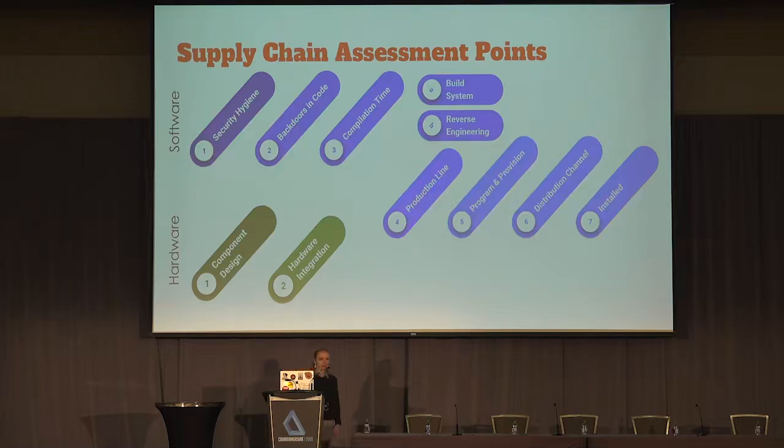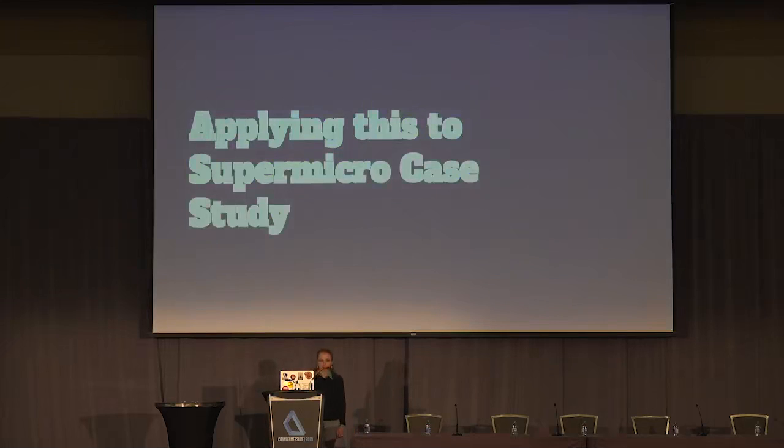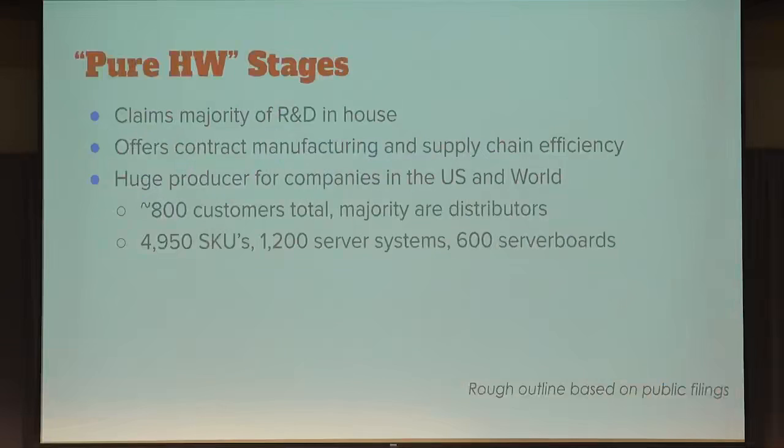Now, attacks are possible at 6 and 7. So distribution, obviously, you don't know who's shipping your stuff where, or what's being done to it in that process. However, we're not really going to talk about that much today. Okay, so